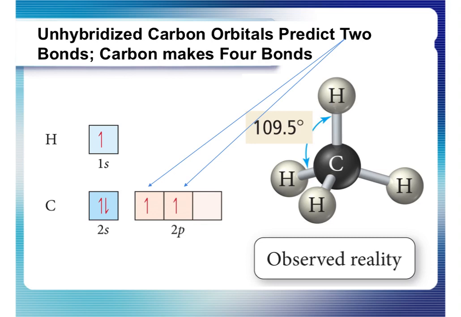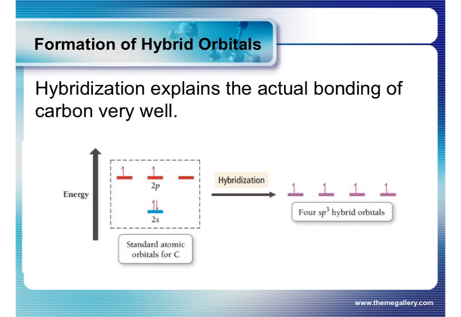So to give you just a little bit of theory about why Linus Pauling came up with the idea of hybridization, for example, if you look at the orbital configuration for carbon, 2s2, 2p2, it looks like carbon will only make 2 bonds, trying to pair up these 2 electrons. But we know, in fact, that carbon makes 4 bonds, okay? So valence bond theory theorizes that an electron from the S sublevel is promoted to the nearby P sublevel, so that you would then get